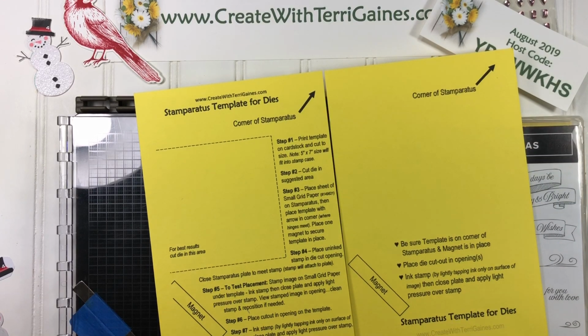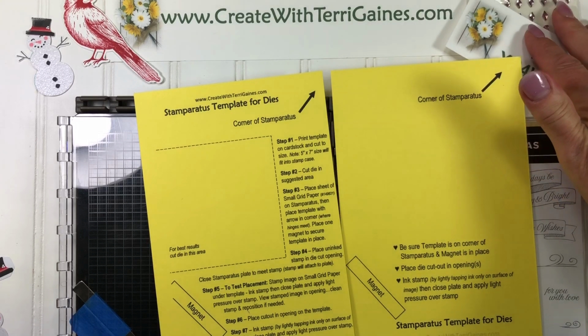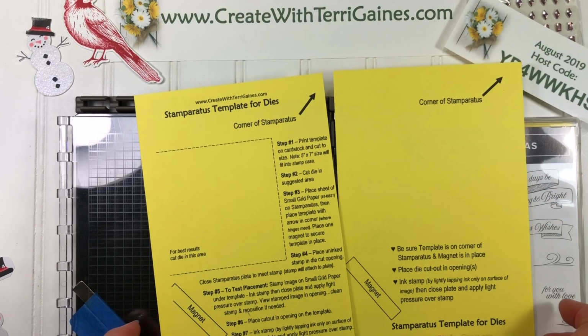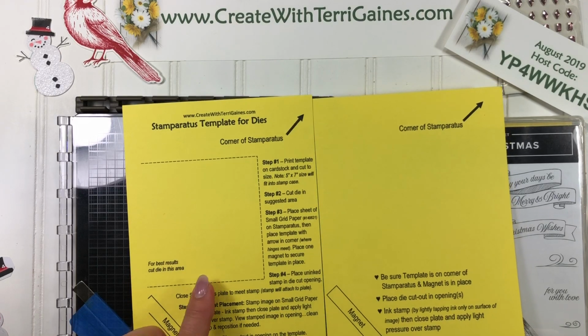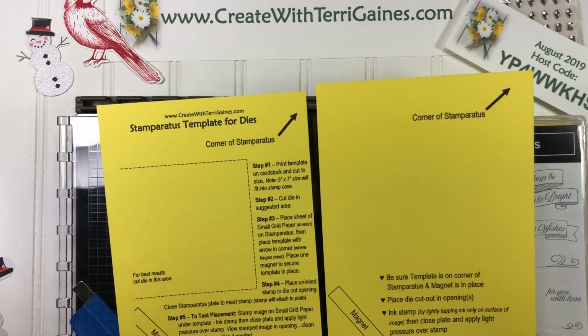I have two templates, one for dies and one for punches, and I have two downloads for both of those on my blog. My blog is createwithterrigaines.com. So we'll talk about the first template is for dies, and you can print this on 8.5 by 11